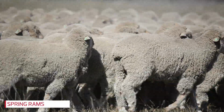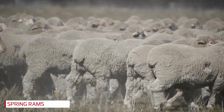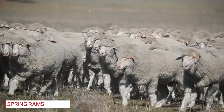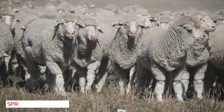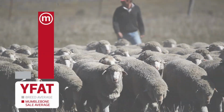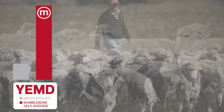Chad, I often hear you talk about the engine room of the merino, and I love it. So talk to us a little bit about yearling fat and yearling eye muscle area depth. I just see fat and muscle as the two traits that form the motor in the merino, and fleece weight is a trait that can breed fat and muscle out of the sheep if we don't select for them. But again, through selection we can combine fleece weight with fat and muscle and put a good motor in these sheep